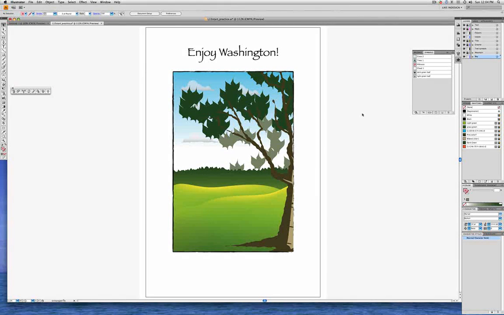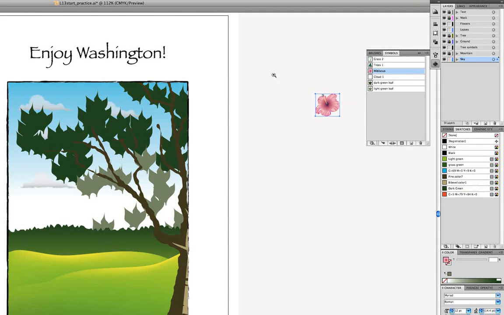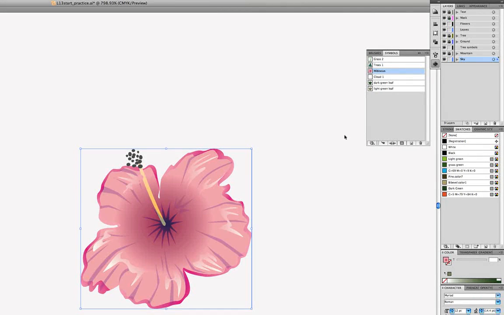Okay, we're still in our L13 start document, and let's take a look at how we can take an existing symbol and modify it, and then save the modified version as a new symbol. So let's click on the hibiscus symbol layer here in the symbols panel, and we'll just drag it out onto the scratch board, and I'll zoom in here to the flower, and right now we're looking at an instance of